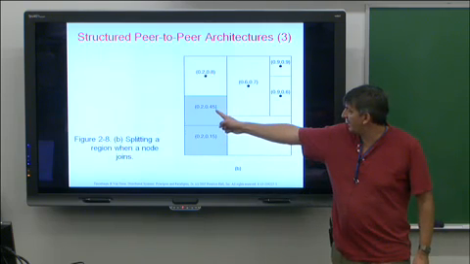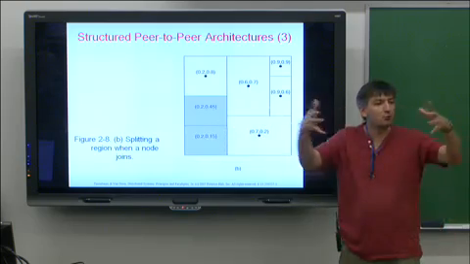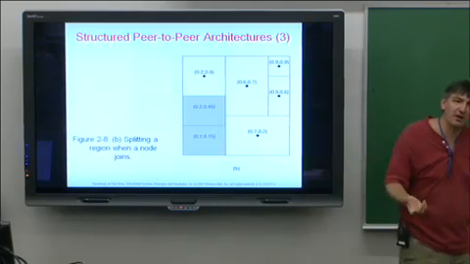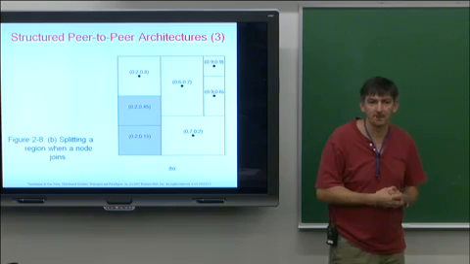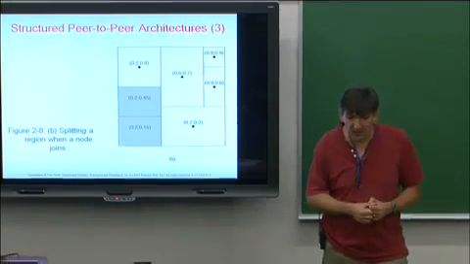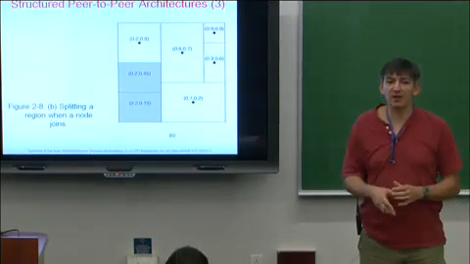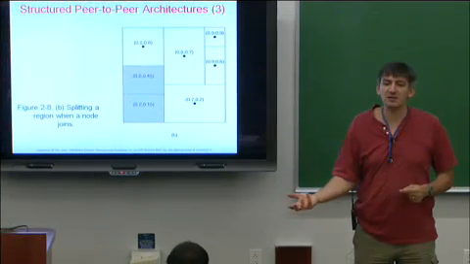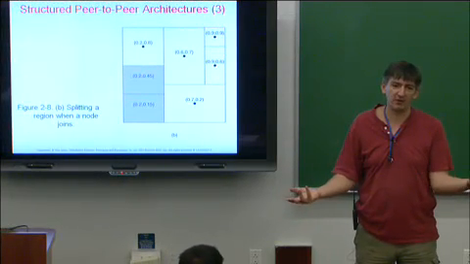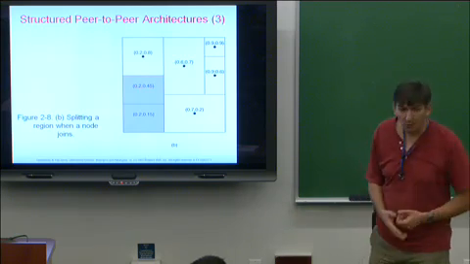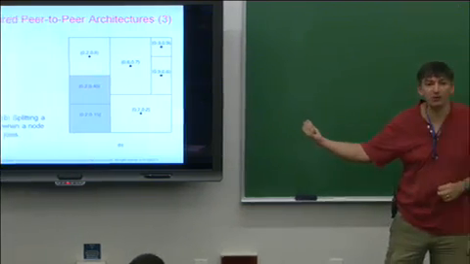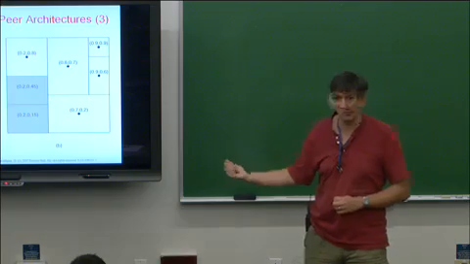But then the trouble is when this guy dies, how do you put together such pieces? They're not nice rectangles anymore, so all kinds of complications potentially. So inevitably, any such solutions are going to have some very nice properties under certain circumstances and some weird situations to deal with in other circumstances. Now, one of your projects is going to be to simulate one of these things using actors. So it's going to be quite a lot of fun.